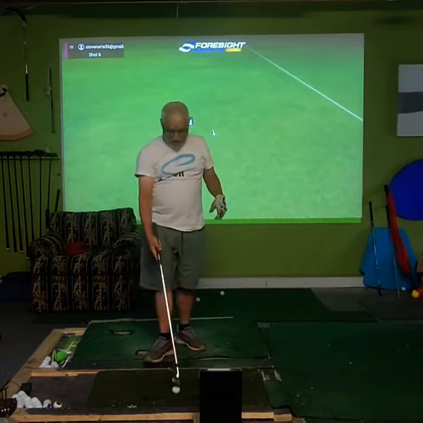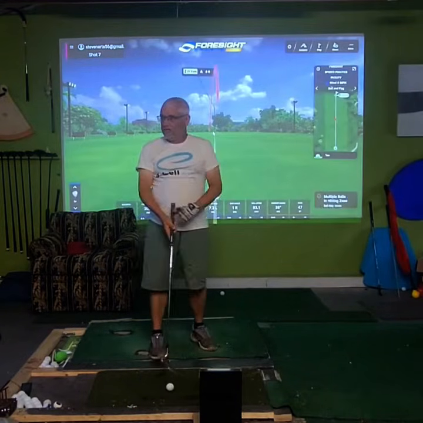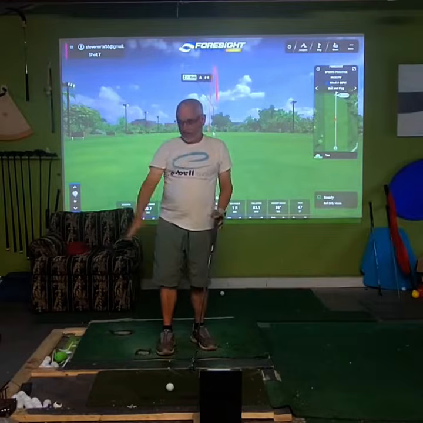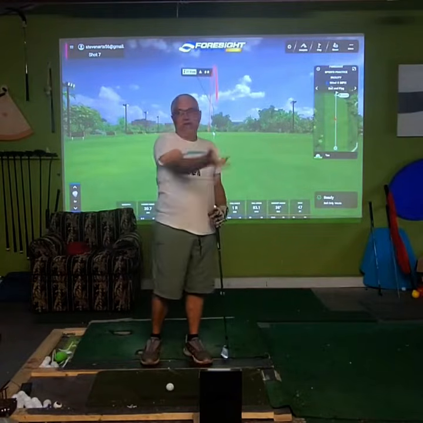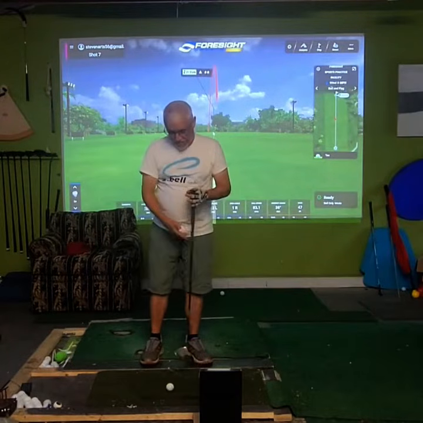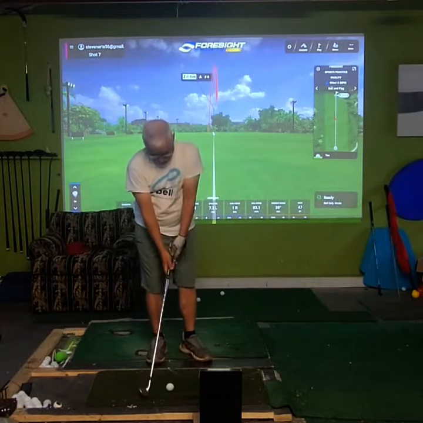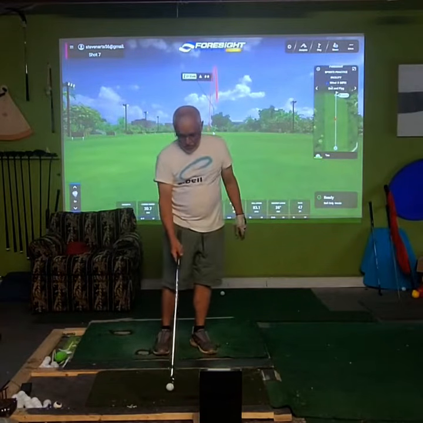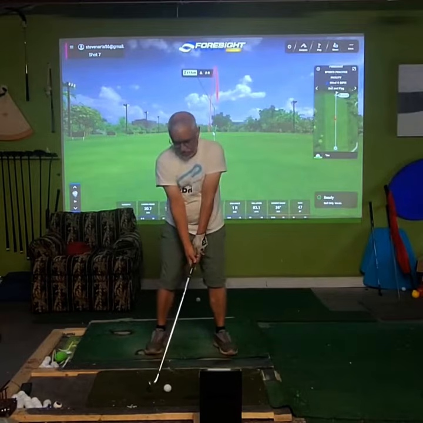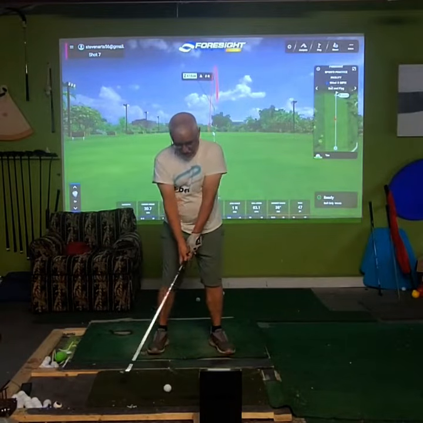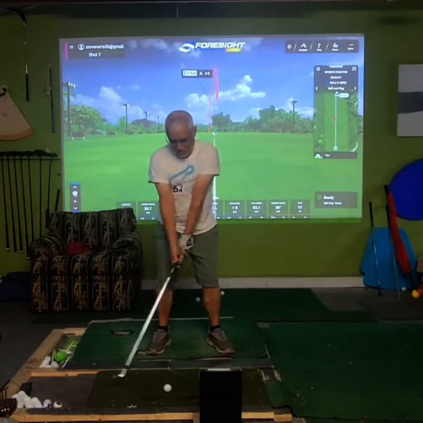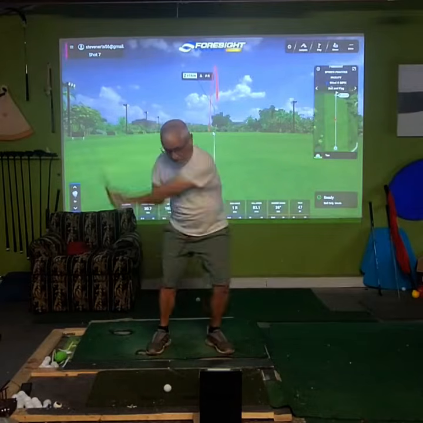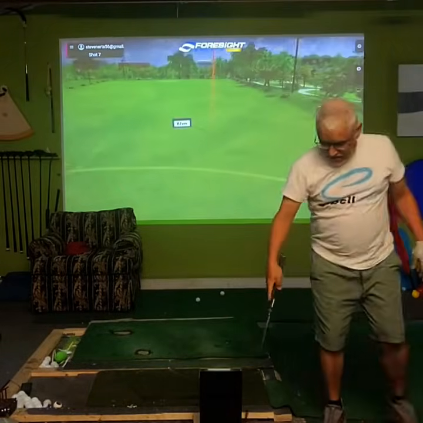So what's likely to happen if you do this is you will have either some shot shape if you're very passive with your hands that is maybe extreme, and that's going to be a question of figuring out where exactly to place them. Or you might just be used to setting up, say, back in your stance, and then if that's the case, I'm going to go way right. But you can see